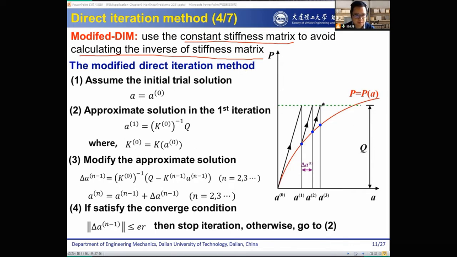So again, we see the graph. Let me see what the iteration procedure is. First we start with the trial value, an initial trial value, and then we get